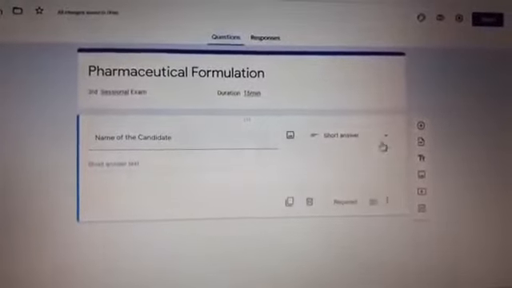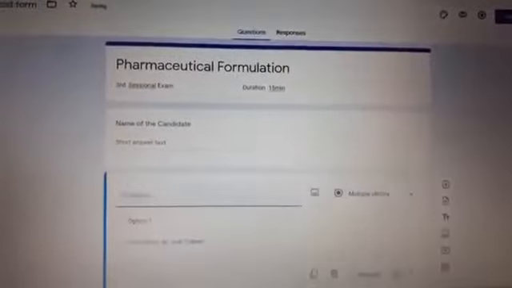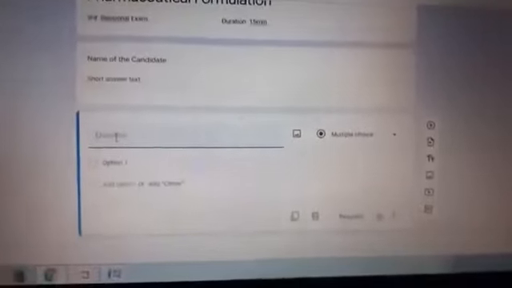Next, you click the plus symbol again for creating the roll number or hall ticket number. After writing roll number, here also you have to click short answer. Then next go for add. Like that, whatever information you want from the student you can add.